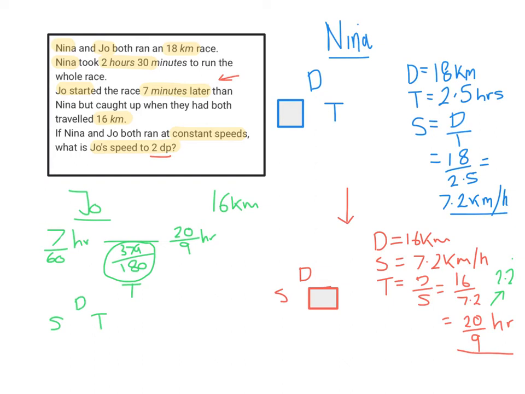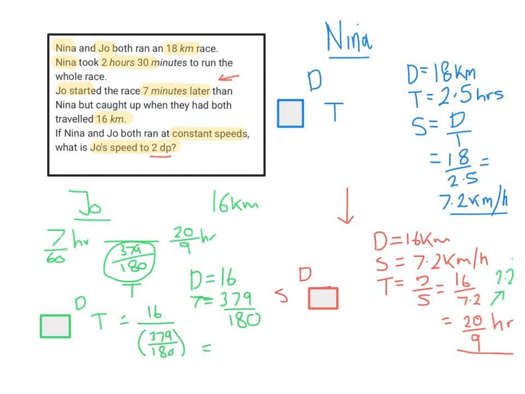Right, so let's do another do stop talking triangle. And I want to find out Joe's speed. So I'm going to cover up the speed. So it's going to be the distance. Now the distance was 16, the time was that horrible fraction 379 over 180. So it's going to be 16 divided by 379 over 180. Let's put that on our calculator using our fraction button. So 16 divided by, I'm going to use my fraction button again, 379 over 180 equals,